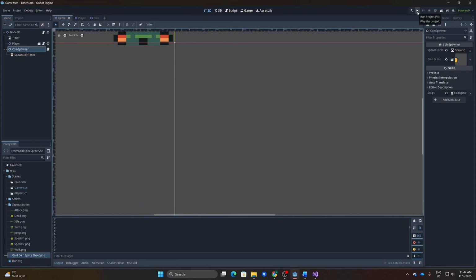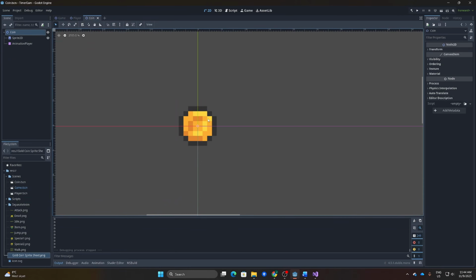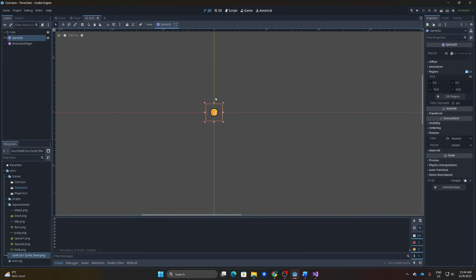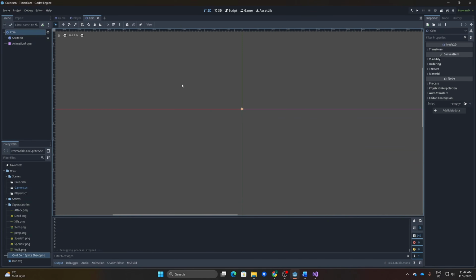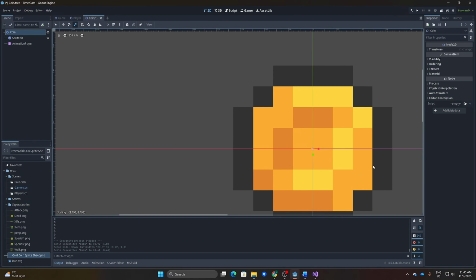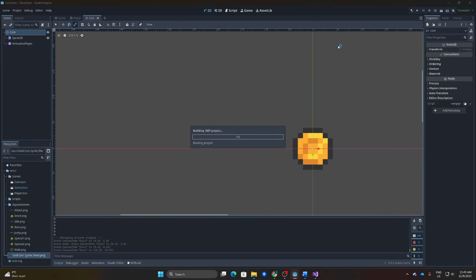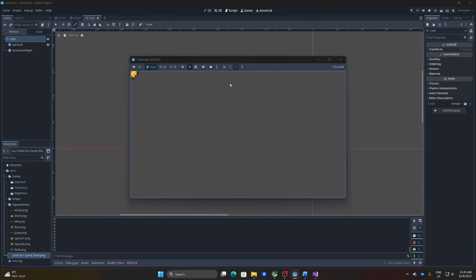Now let's go in and play it. So as you can see, it's spawning this small coin over here. So let's just scale it up a little bit to make it look better. Let's go into this one and press R to scale it up, and let's put it into this size, and hold shift to scale in both the X and the Y by the same amount. So if we scale it up to here, we can probably see it pretty good, like that.